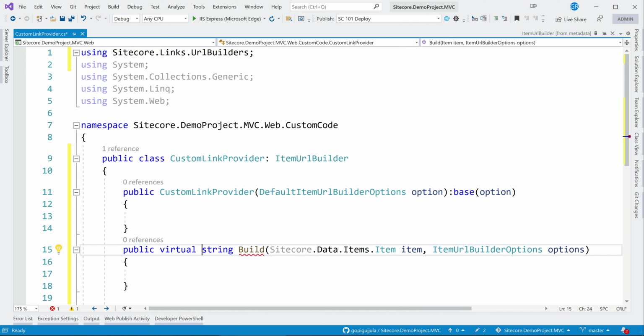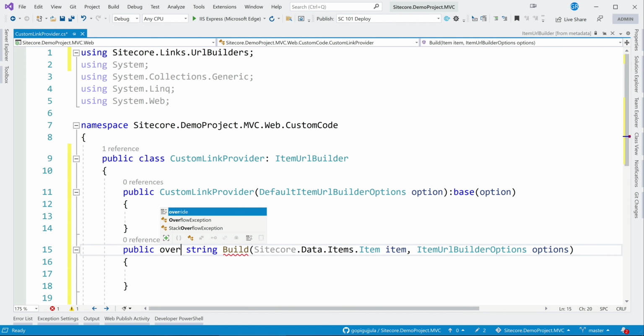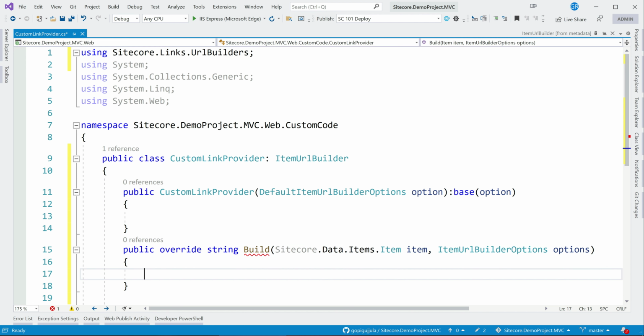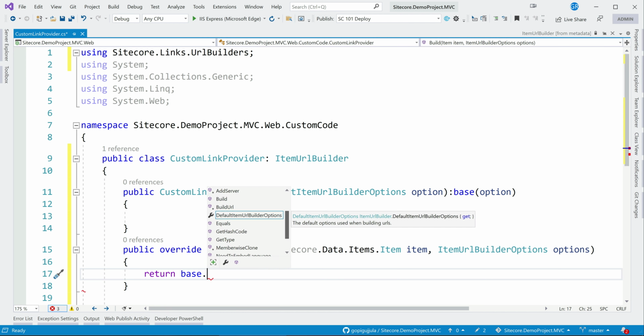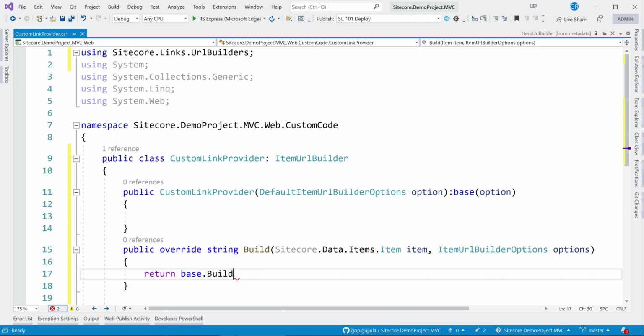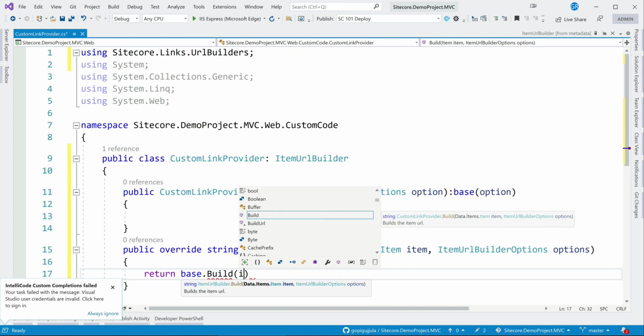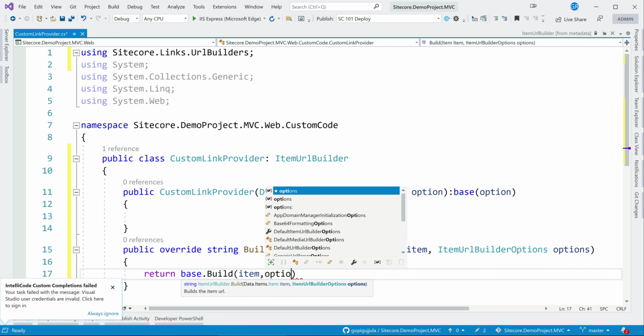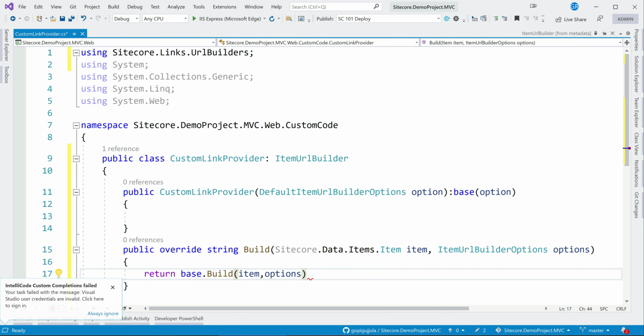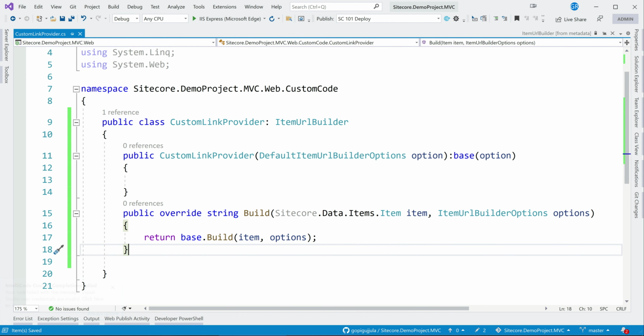Obviously it is giving an error because we want to override this string method. Now, okay, return base.Build with item and options. If we use this, nothing is changed, we are just using it as it is.